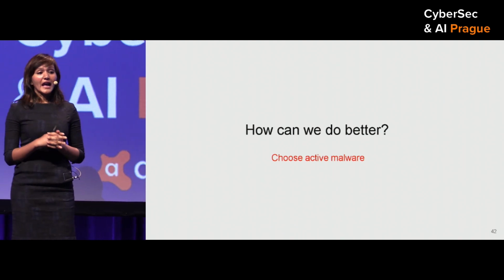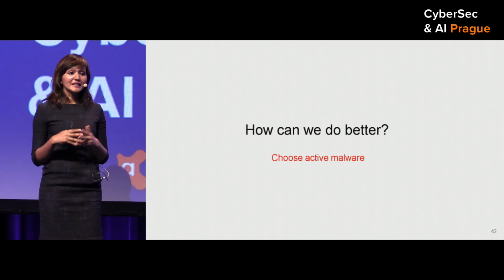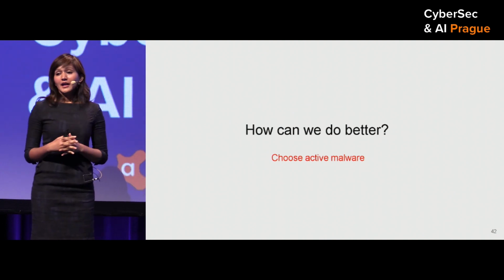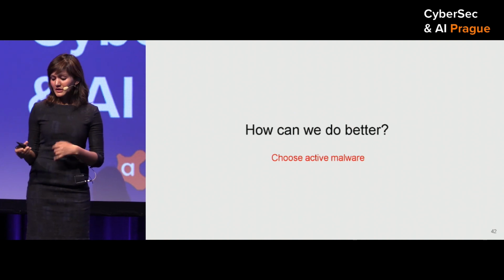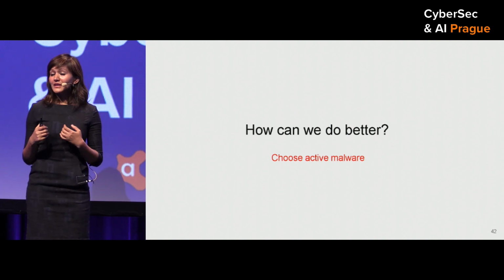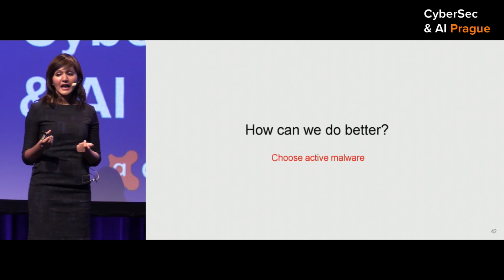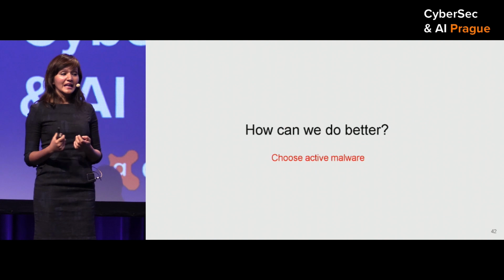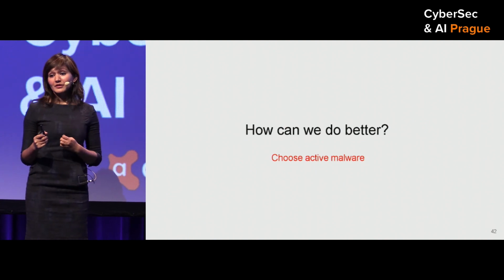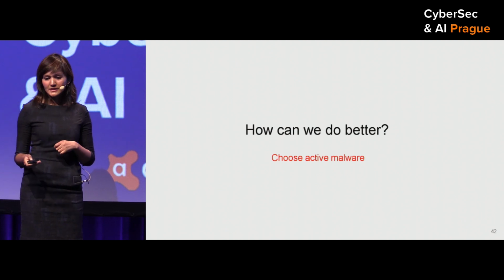First of all, for adversarial attacks on malware detectors, we need to start with active malware. Now, finding active malware is very hard, but we can start with malware that are recent instead of very old. And we need to analyze them on a virtual machine with open source dynamic analysis to figure out that they are still active. These things are much more time consuming, but they can be automated. And at least this way we'll make sure that the adversarial attacks we are doing are valid adversarial attacks.